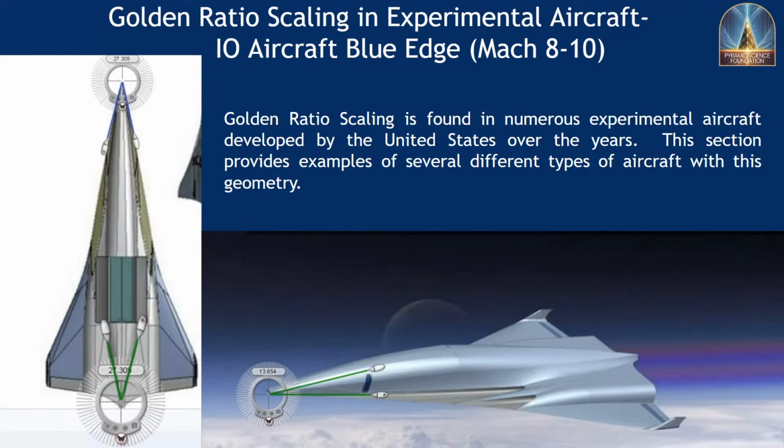So this is a contemporary craft. Its name is Io. That's one of, I believe, the moons of Saturn. But anyway, that's the company name. And this is called the Blue Edge. And again, you see the 13.654 geometry in the front, or excuse me, from the side view. And then you see the 27.309 showing up on the top view, both in the front and the rear of